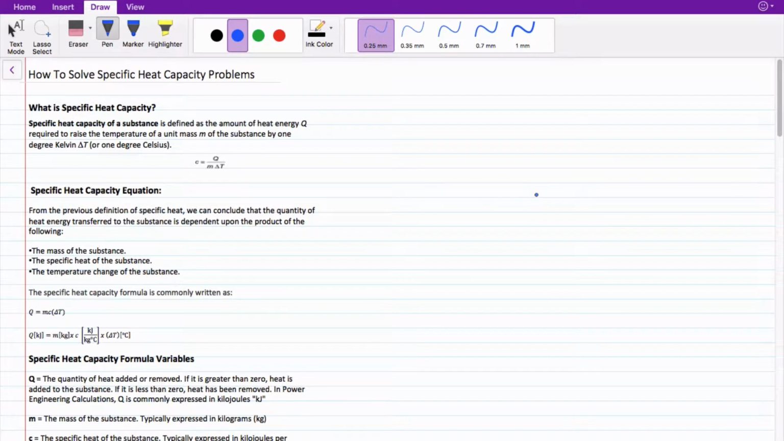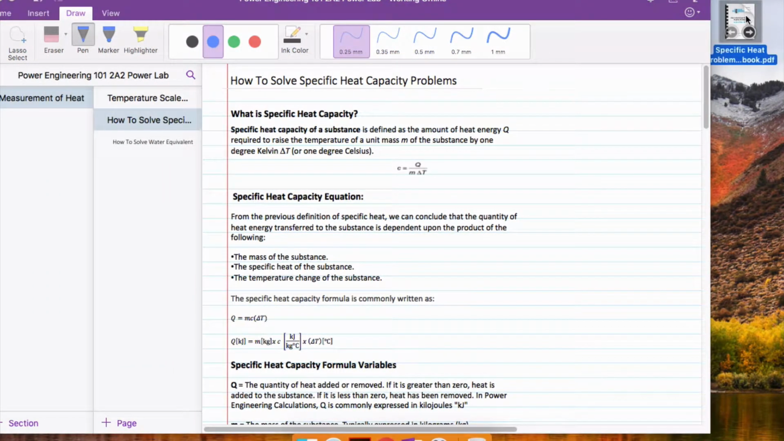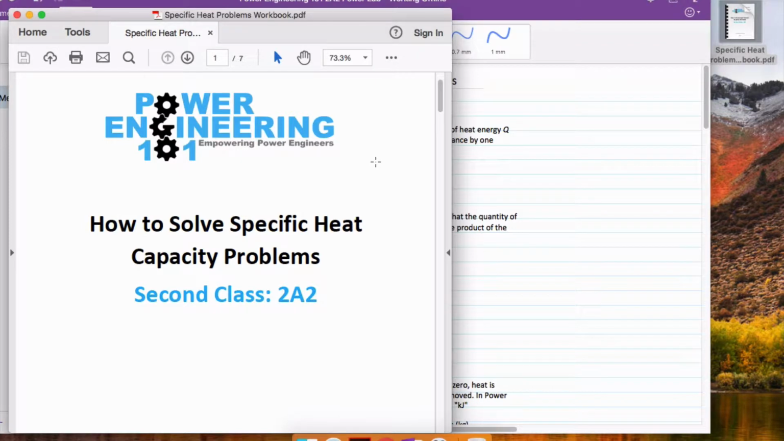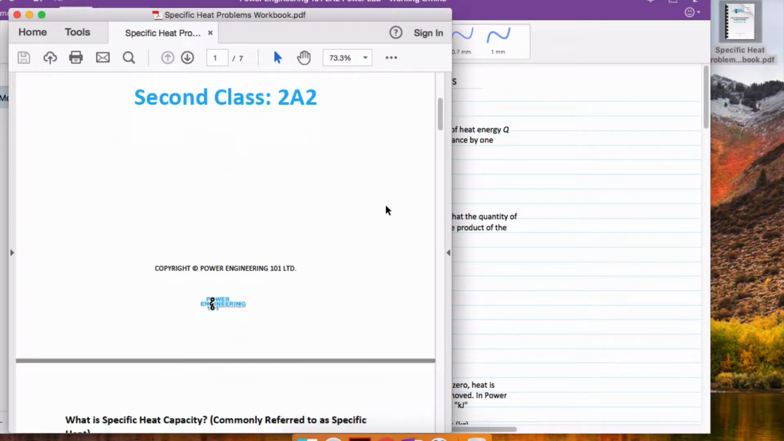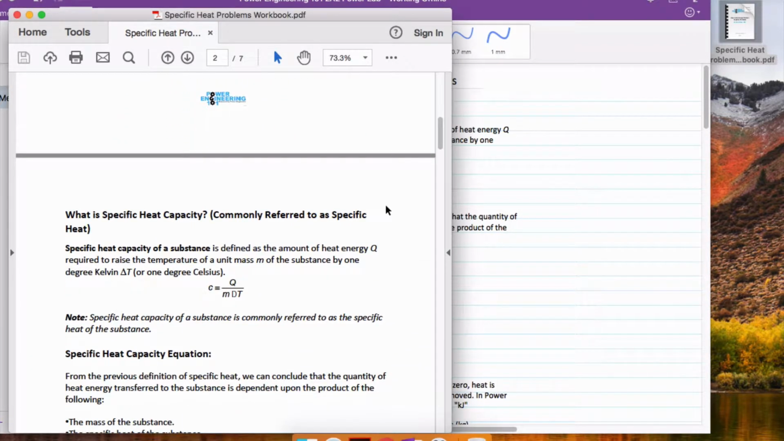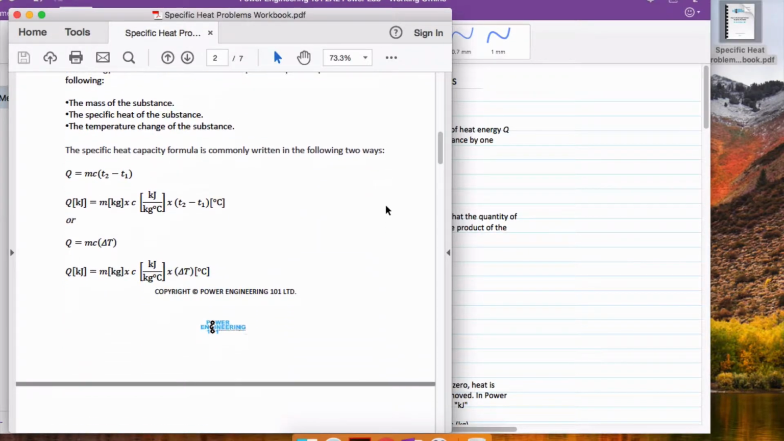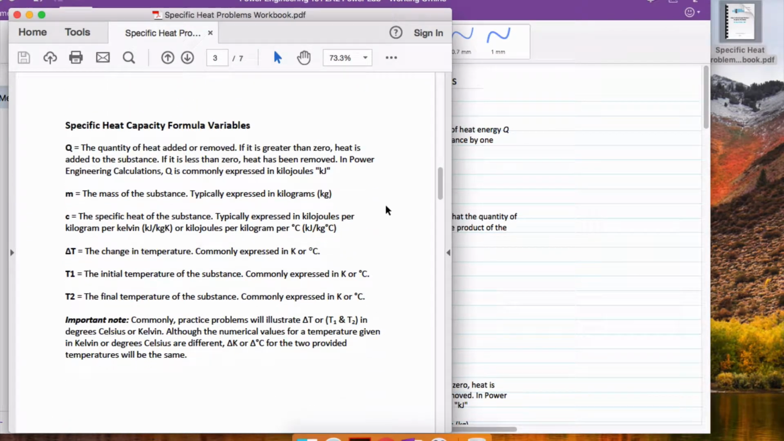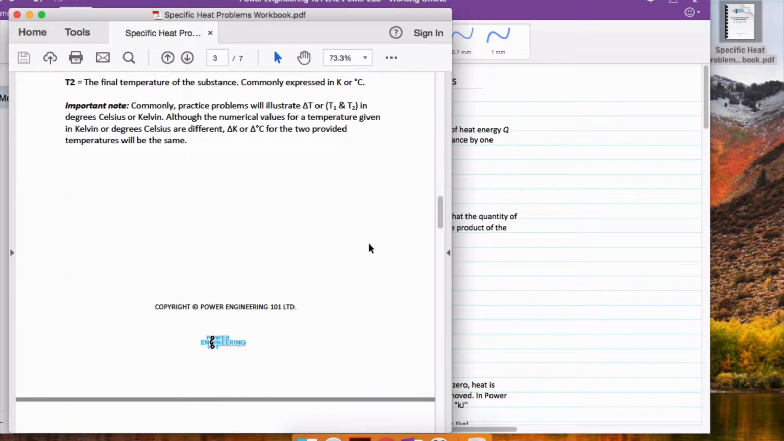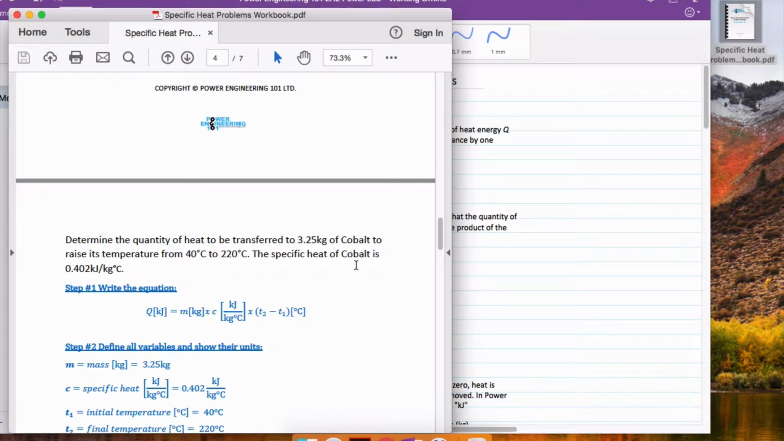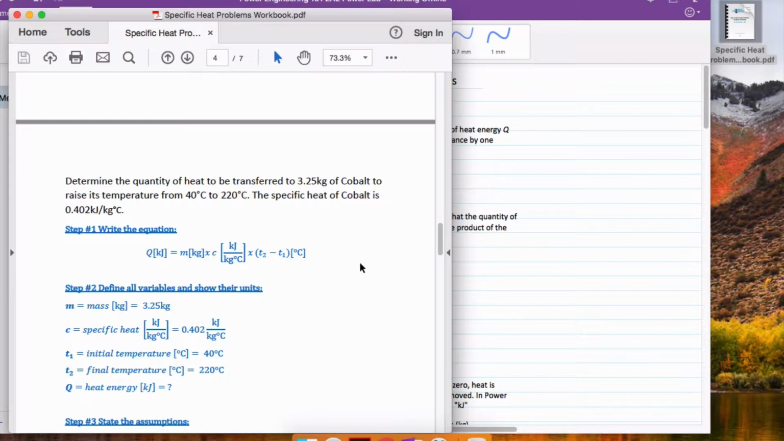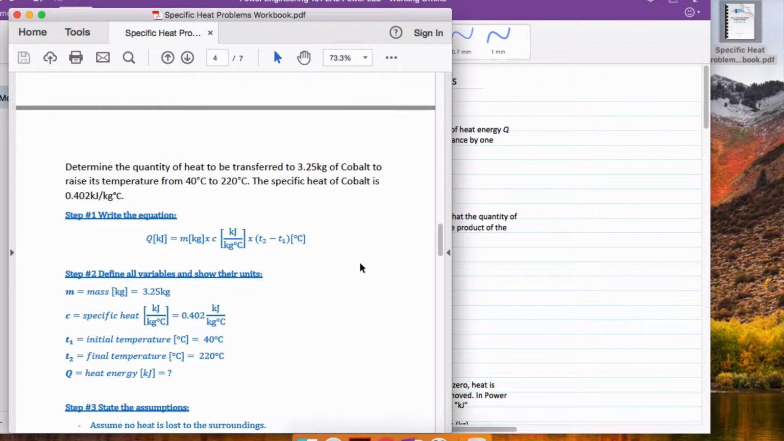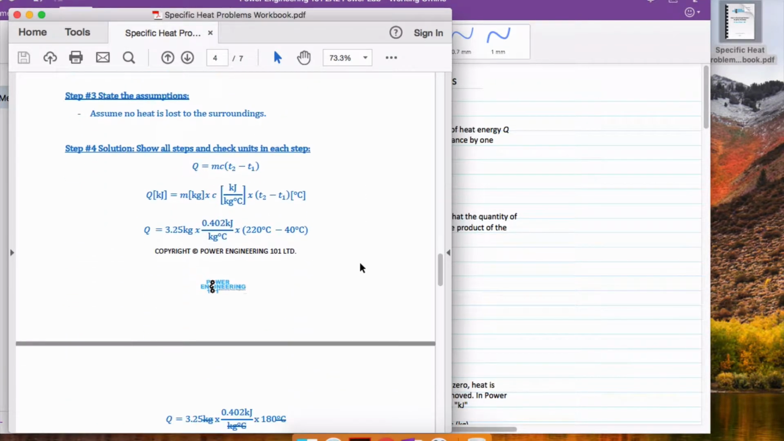Today I want to talk to you guys about specific heat capacity problems, and at the end of the video I'll show you where you can download this workbook we have for specific heat. It covers what specific heat is, the equation, and the formula variables. It also goes over the two questions that we're going to cover. The first question, I believe the majority of you will get right. It's pretty straightforward. But the second question we have here,